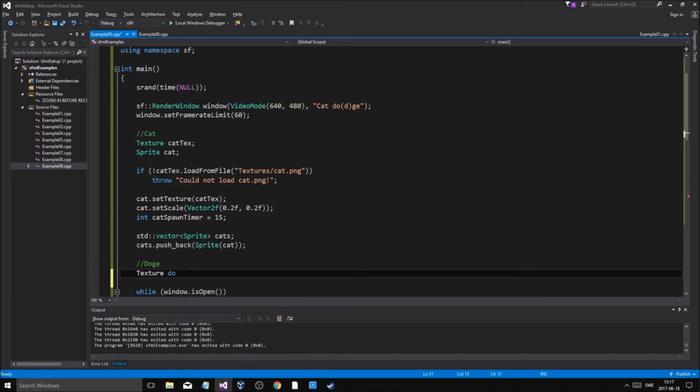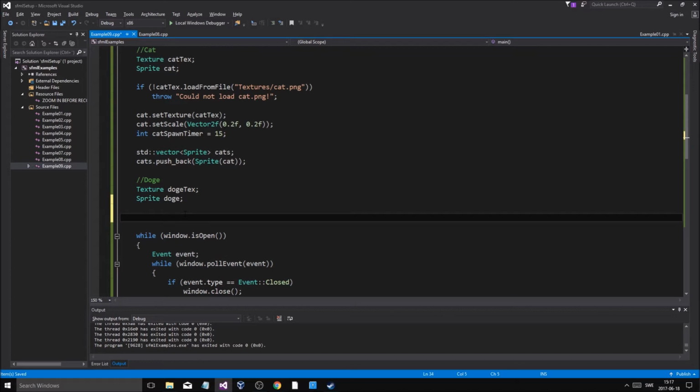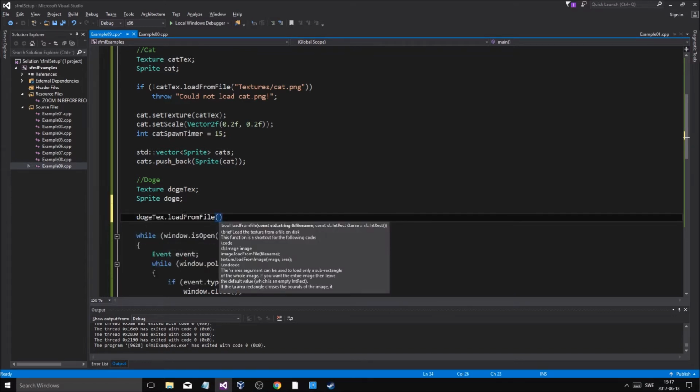Texture Doge text, and then sprite Doge, and then we'll just load Doge text dot load from file text. Remember, we had it in textures,